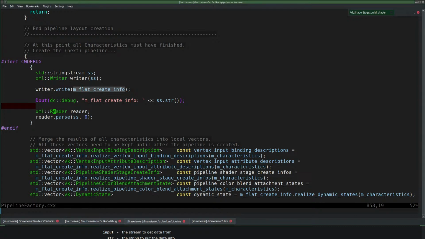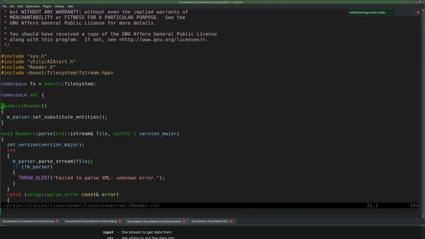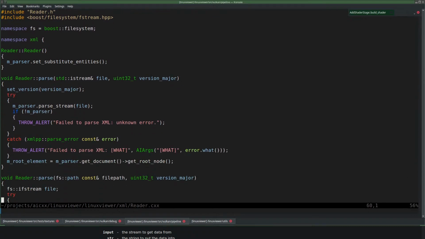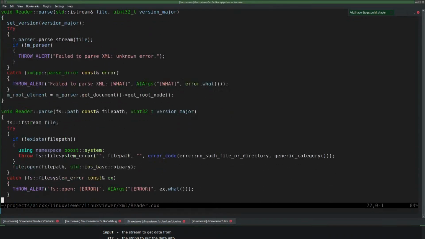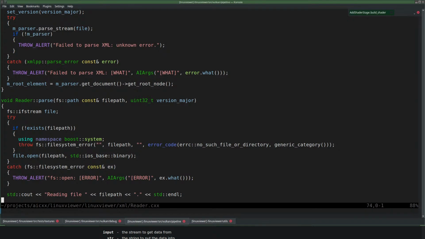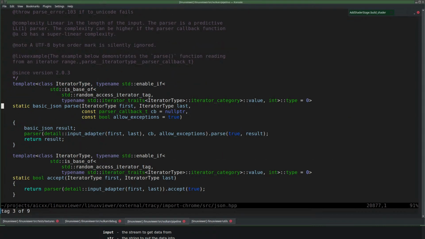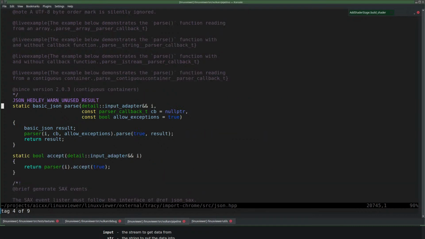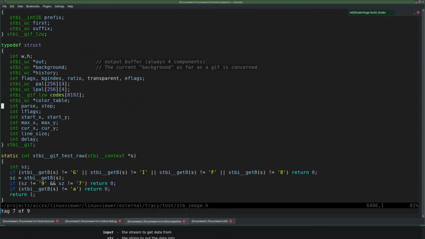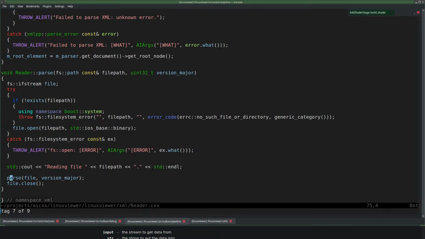It doesn't even know what to read. What the hell?